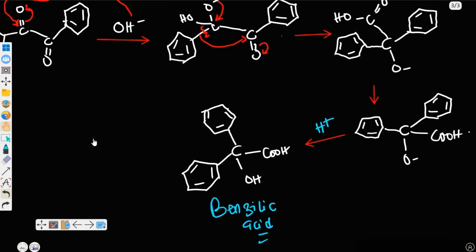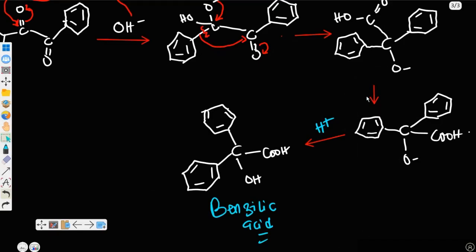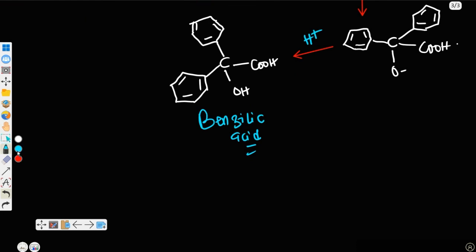All right. Now that you've written the mechanism of reaction, the next thing is to give a brief background of the experiment. Now, of course, the experiment talks about benzil with KOH. Are you getting it? So firstly, benzil is a crystal. So you are going to dissolve, first weigh your benzil,